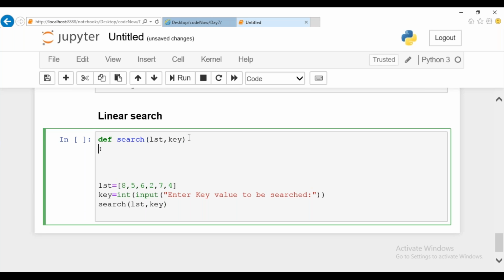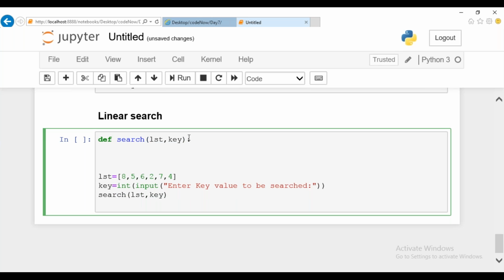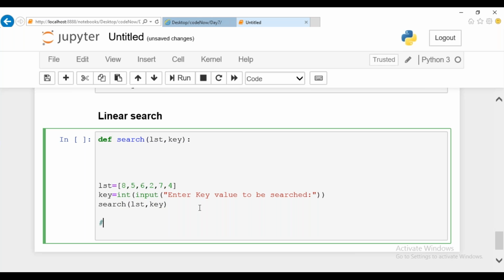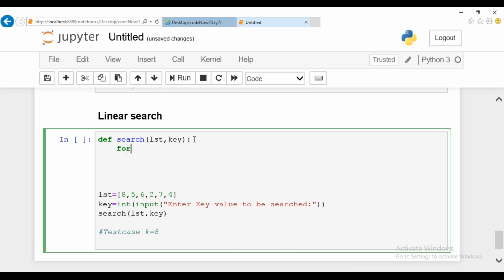So if this is a list passed, we are going to find whether the particular key element is there or not. For this, let us assume there is a list here. The user is passing some value. Let me give a few test cases. If the user gives the key value as 8, I'm supposed to find whether this particular 8 is present there or not. So what I can do is have an iterator, for i in list.